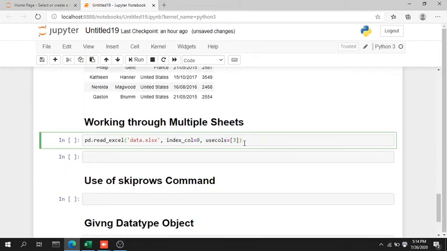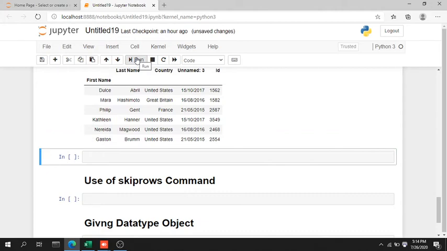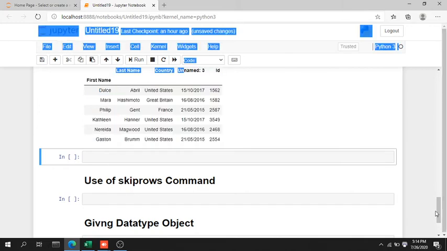And what we're gonna use is we have to just delete this usecols function and use the command sheet underscore name. And what we're going to do, we have to give a name to the sheet. For example, if I give sheet name equals to 0, then what does it do? Let's see. It will give us the first sheet, like all the data of the first sheet. So I've given the name 0 and it gave me all the data of the first sheet.